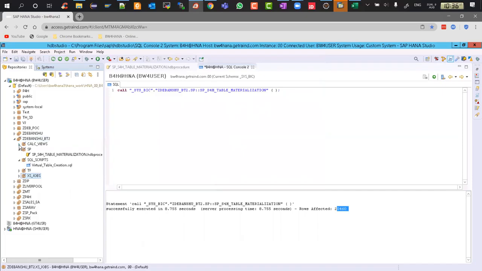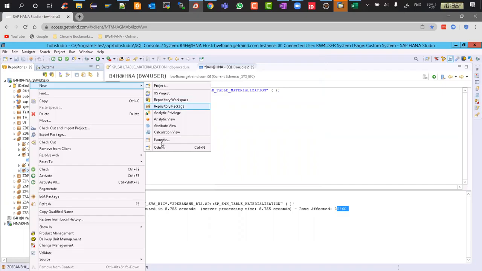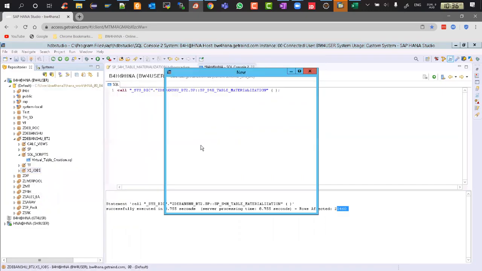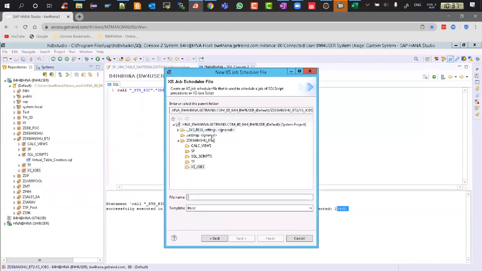So you minimize the calc view, minimize the stored procedure. Now we'll create something called an XS job. Right click on this package, go to new, and if you don't see XS job, click on other and just type XS job. The moment you type XS job, there is something under SAP HANA Application Development. We have the XS job scheduler file. So you click on this, give the name